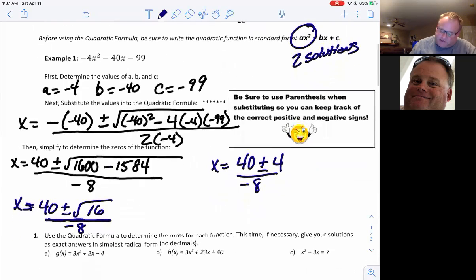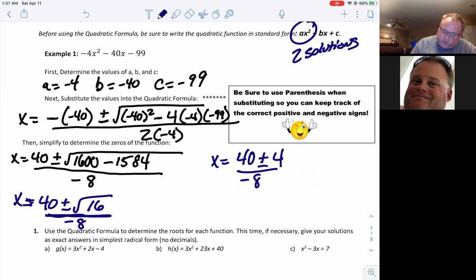As I do this, I'm going to do the first one in red. I'm going to take the positive 4. So I'm going to say 40 plus 4, divided by negative 8, which is